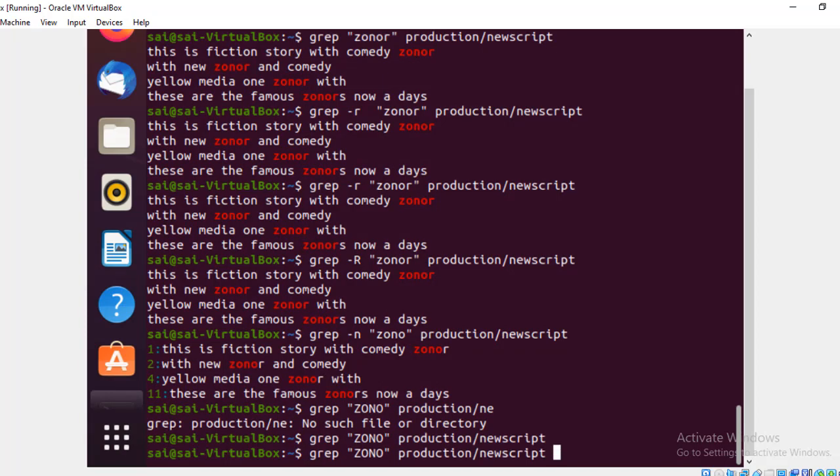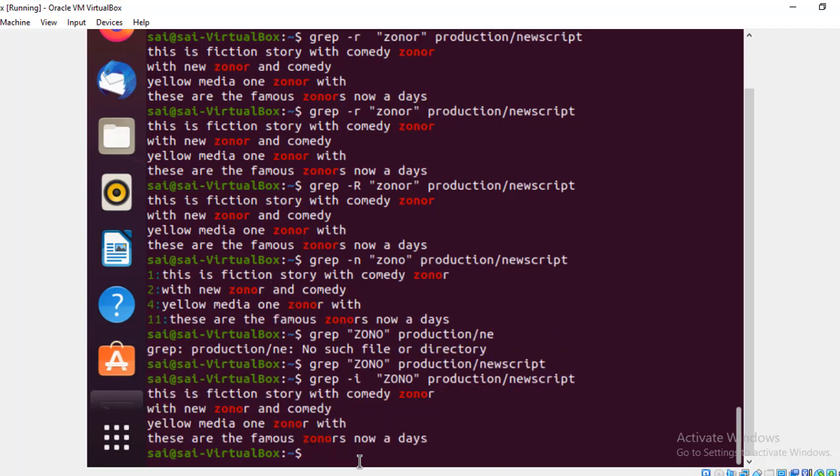So what I am going to do now is use one more command here. See, now I am able to find it. This is a case-insensitive find. If you are using caps, and the text is already in small letters, then we are going to cover it using this I command here.